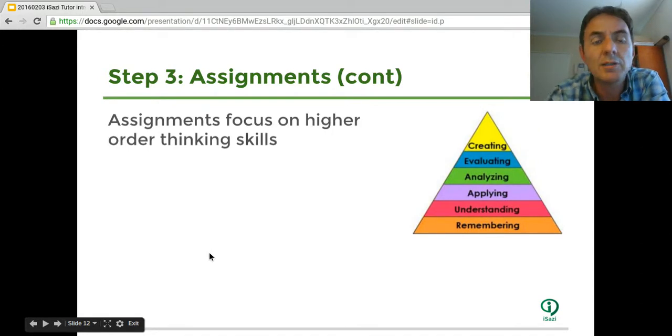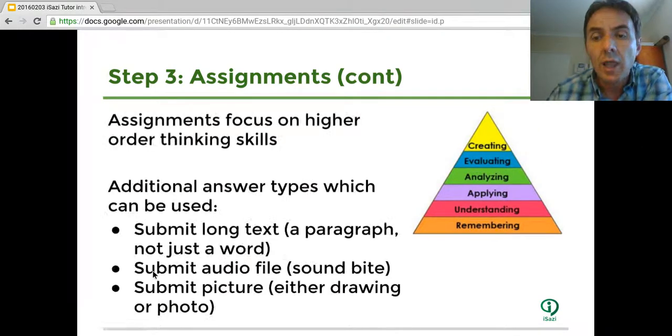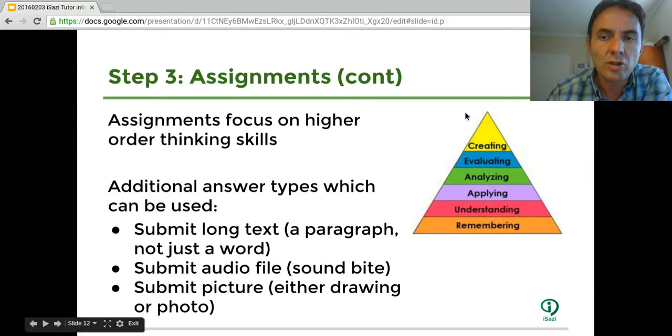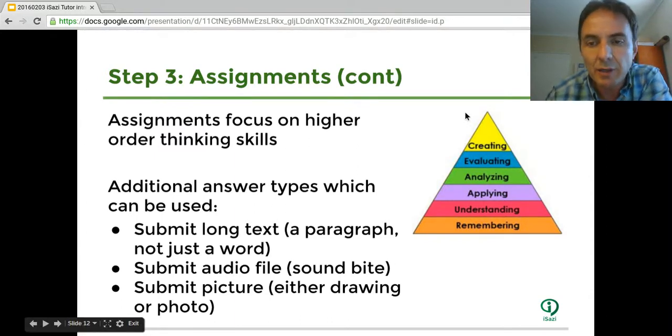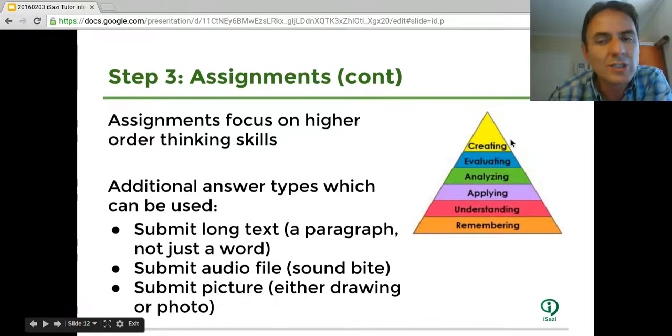So the assignments focus on higher order thinking skills. Most of you will know Bloom's taxonomy, those of you that are educationalists. I'm certainly no expert, but I love speaking about these things because often, schooling environments and a lot of classroom interventions I've been in, even in corporate learning environments, focus a lot on remembering and understanding, but we actually want people to evaluate and discuss and create and really understand and engage with the stuff in a different way.